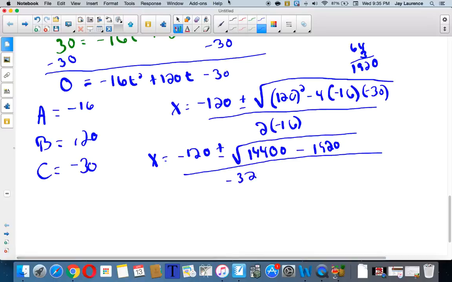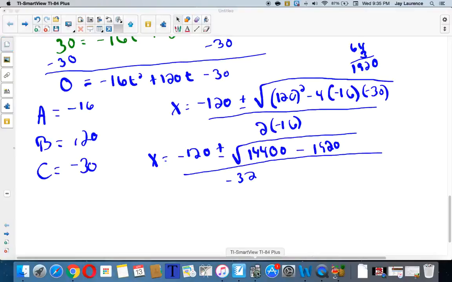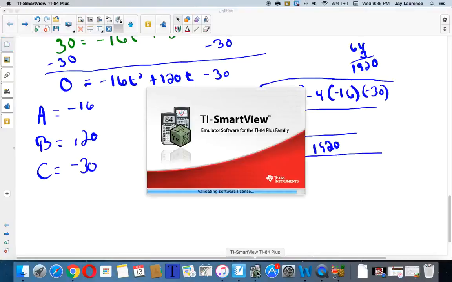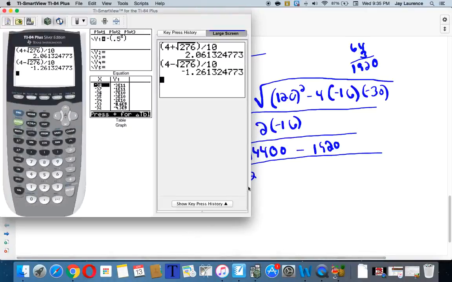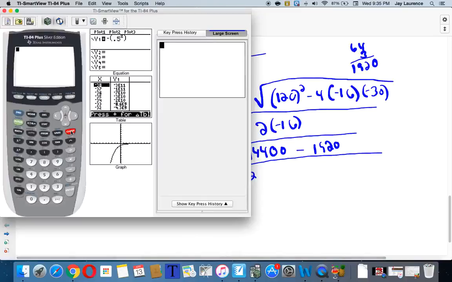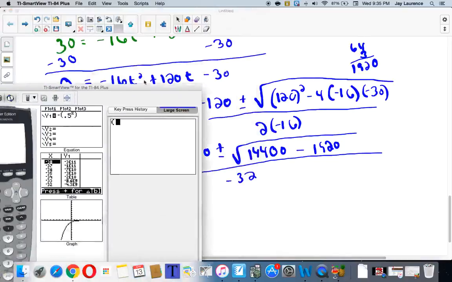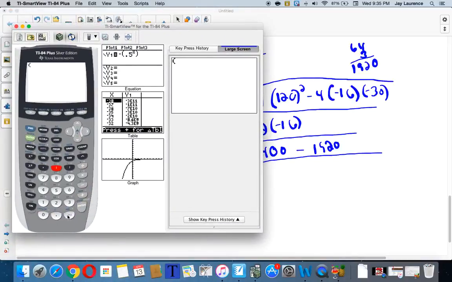And I've simplified it. I don't think they're going to come out to be very pretty answers. So, hold on. My calculator's a bit of a memory hog. It's going to load up for me here. All right. So, I am going to start a quantity, and I need the negative of 120, negative 120,